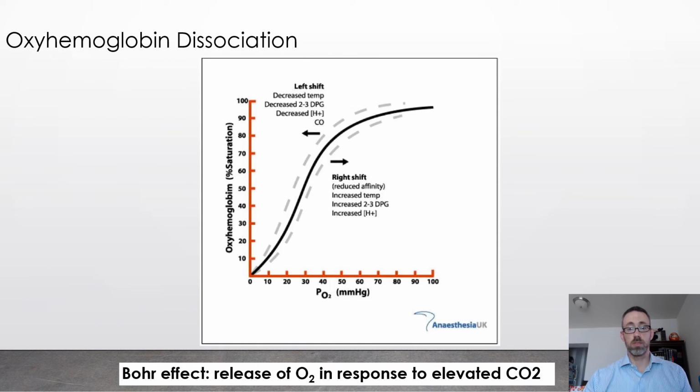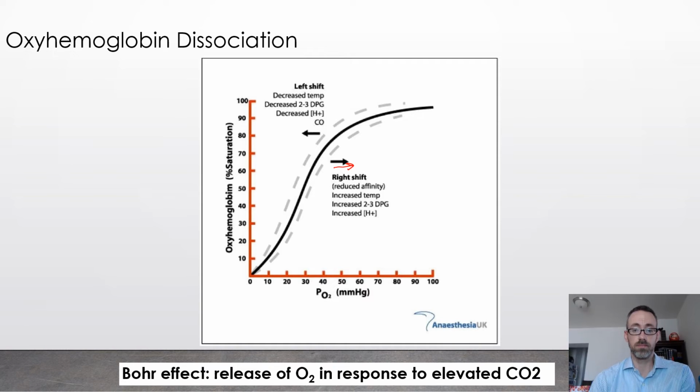Here's the oxyhemoglobin dissociation curve now, but now we're referring to how this curve is being affected by an increase in metabolism. So you're going to get a right shift, you can see over here, in other words, a reduced affinity for oxygen. To reduce the affinity, it's all the things I just talked about: an increase in temperature, an increase in the 2,3-DPG, an increase in hydrogen ion concentration, which is actually a decrease in your pH. These are things that would lower the affinity for oxygen so they more readily release it to working tissue. So this is a great mechanism to have, and you'll see that the gray dotted line there